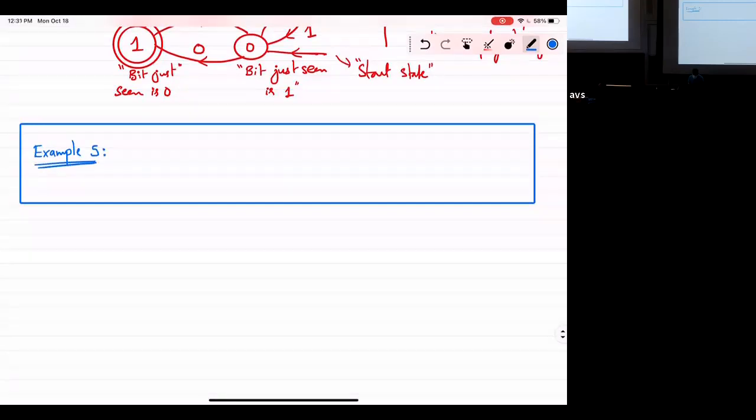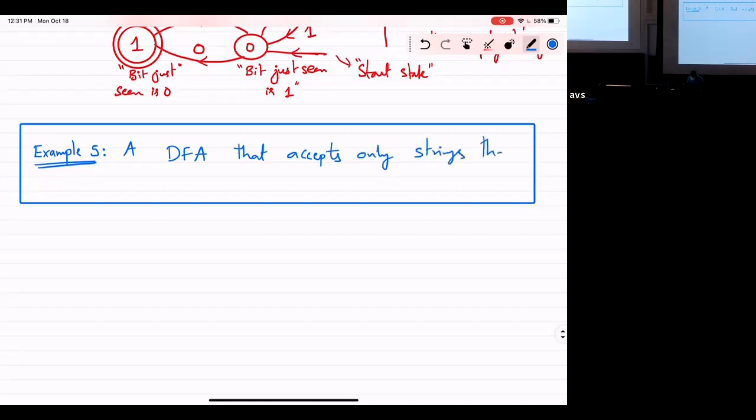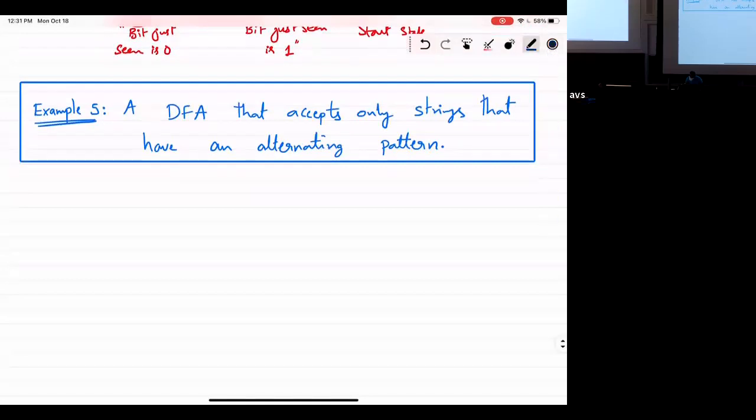All right, so I want a DFA that accepts only strings that have an alternating pattern. Okay, meaning, my function that I'm trying to compute,